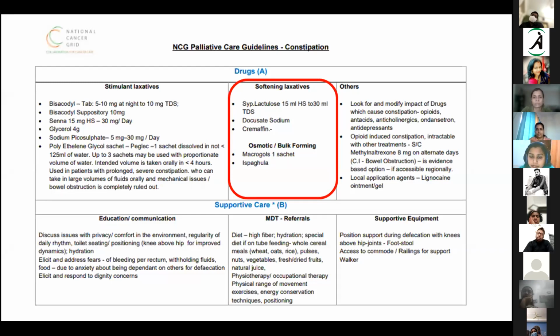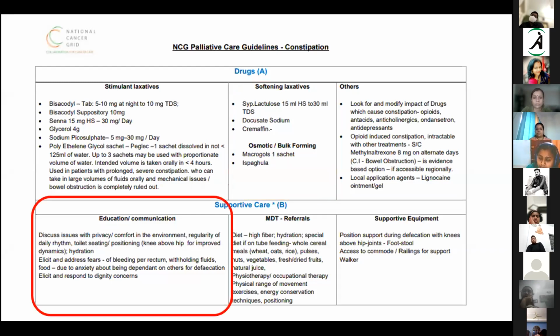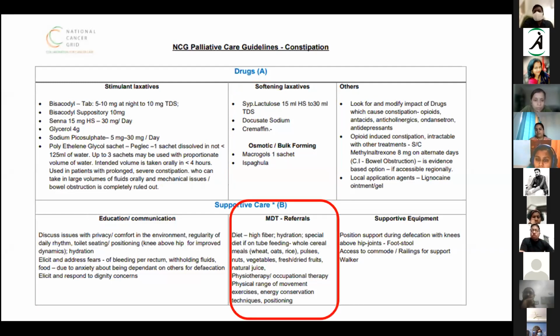Along with our management, looking at other possible causes, educating the family members, communicating with them about their concerns, and advising them on non-pharmacological methods go a long way in reducing the symptom burden. If and where you feel there is a need for other multidisciplinary team involvement, it is better to refer to a nutritionist who can guide them on how they should be eating, the content, the quantity of food, and the interval of food intake.